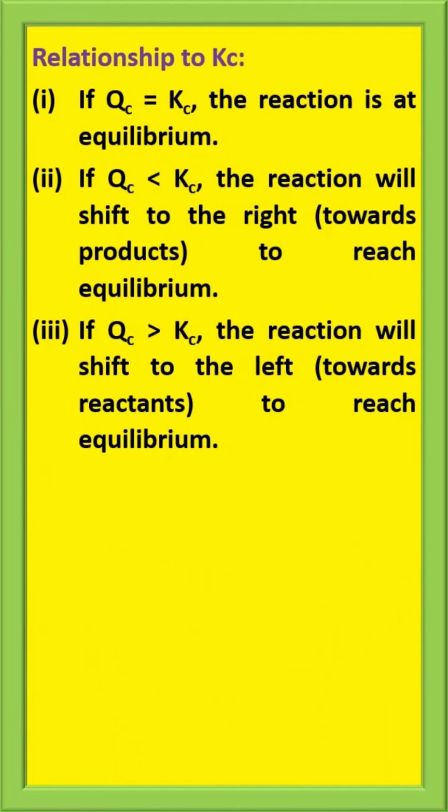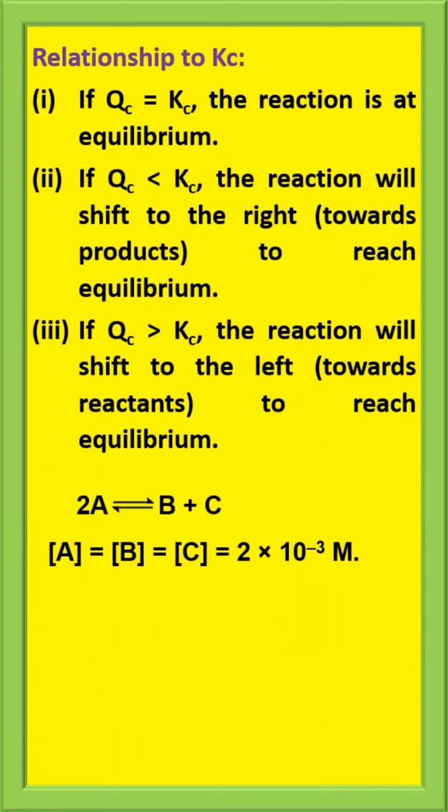Okay, how? If QC is equal to Kc, we can say the reaction is at equilibrium. But if QC is less than Kc, then the reaction will shift to the right to reach the equilibrium. And number 3, if QC is greater than Kc, then the reaction will shift to the left, means backward direction, to reach the equilibrium. Now let us consider the given reaction, that is 2A equilibrium to B plus C, and